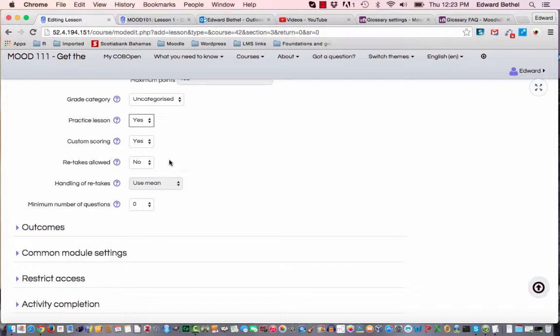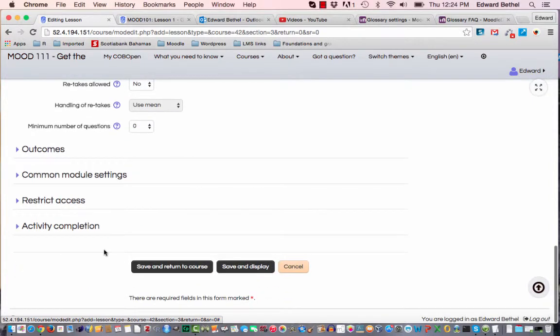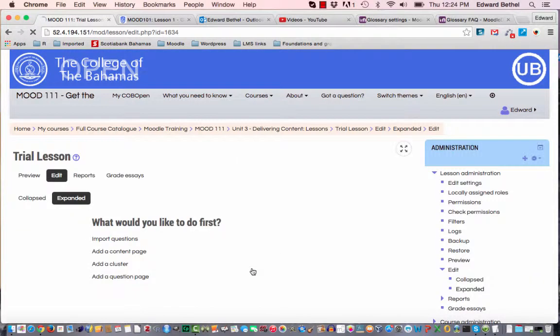Retakes allowed. Use mean. And so on. So those you can check yourselves. Outcomes. We're not going to use outcomes for this. Common module settings and restrict access. So those are the settings that you put in. At this point, we hit save and display, and you're taken to a screen that asks you to input your